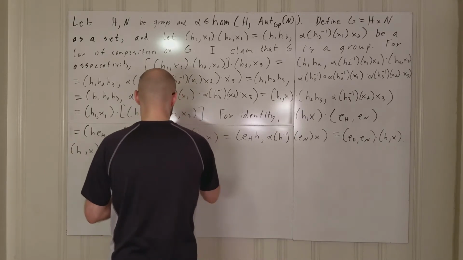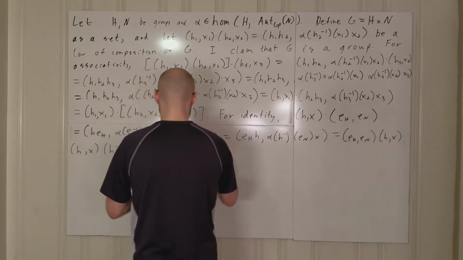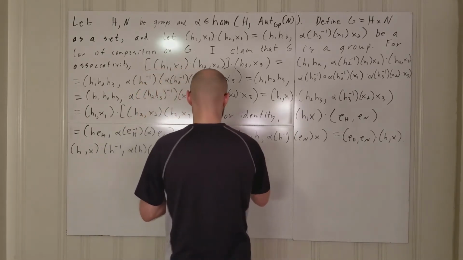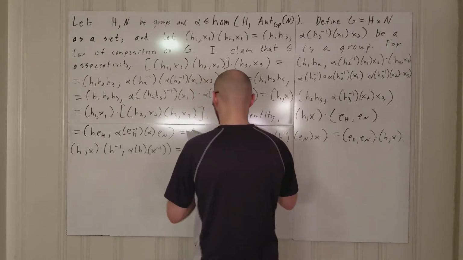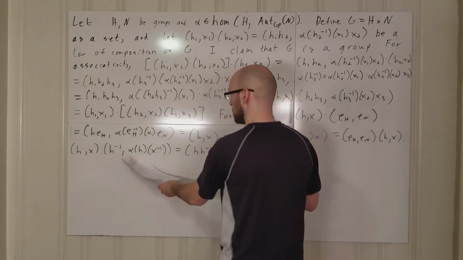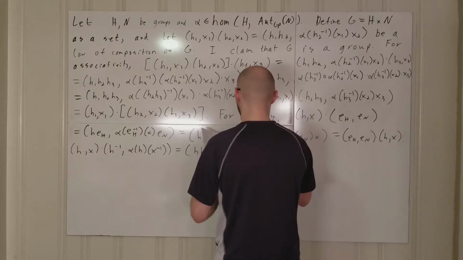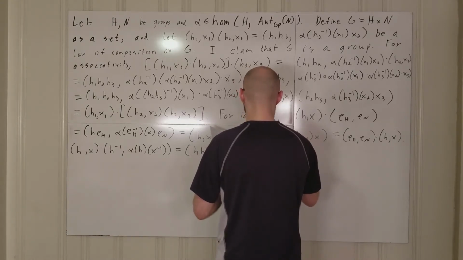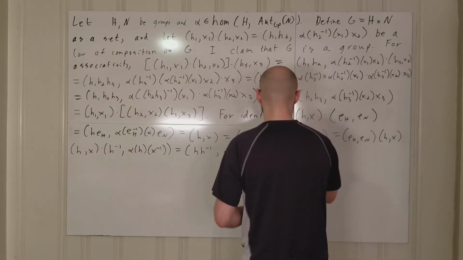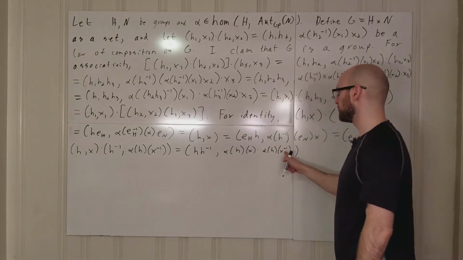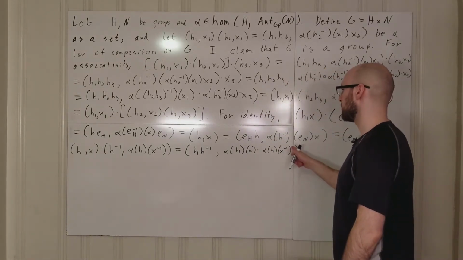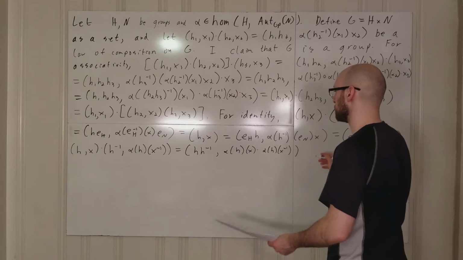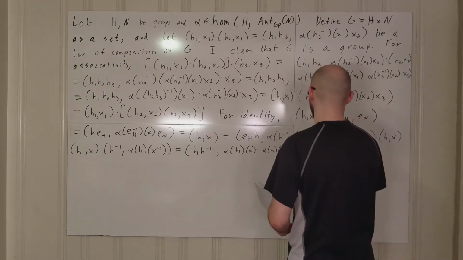And so let's check that this works. This is h inverse, alpha h x times this thing, which is alpha h x inverse. But this is a homomorphism, so we can bring the inverse outside. And so this times its inverse is just the identity, and so this is going to be